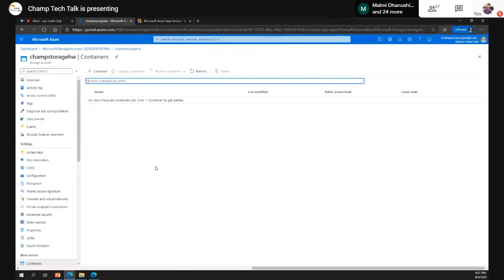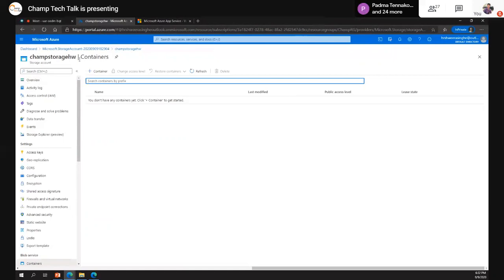Think about it in general English. A container is something that you have physically. Think about a physical container. You put something into a container, right? The same thing happens here. We're going to put our HTML code, the website code, inside this particular container.